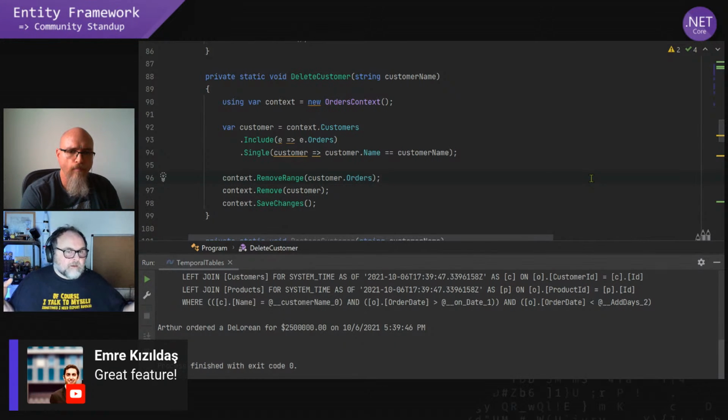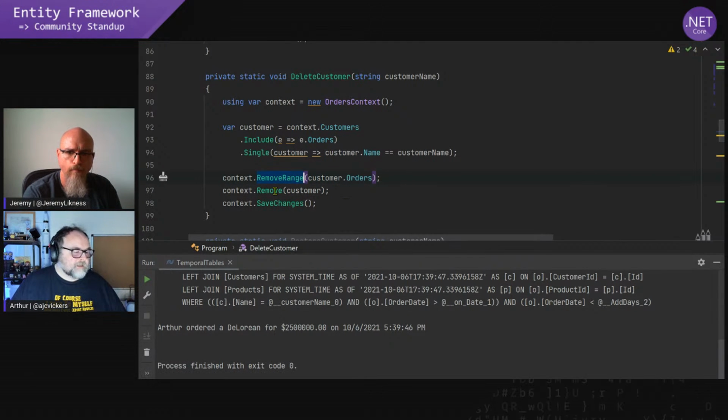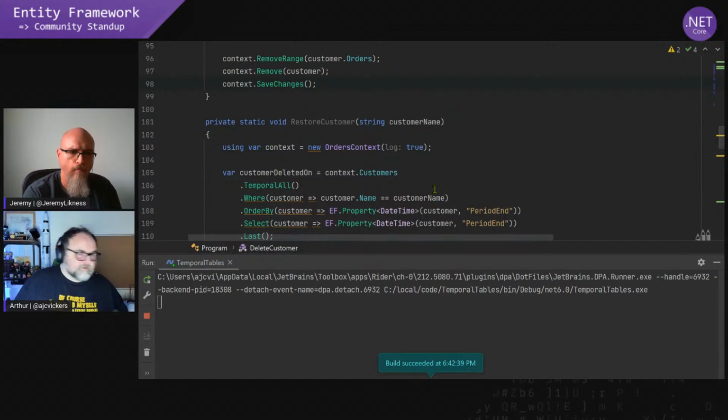But for the sake of simplicity here, I've just loaded the customer's orders and I've set all the orders to state deleted. I've set the customer to state deleted and I save changes. So now if I run that, my account is now deleted, which is great, except I then realize I need